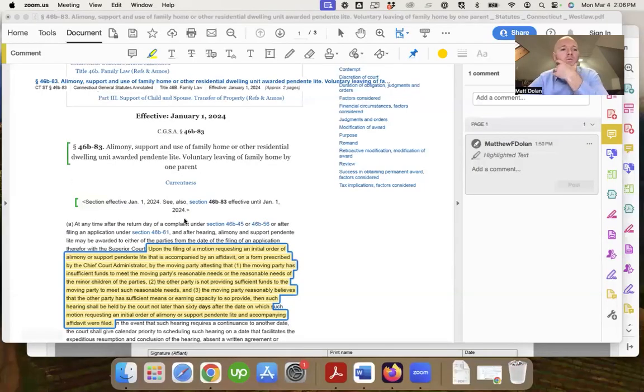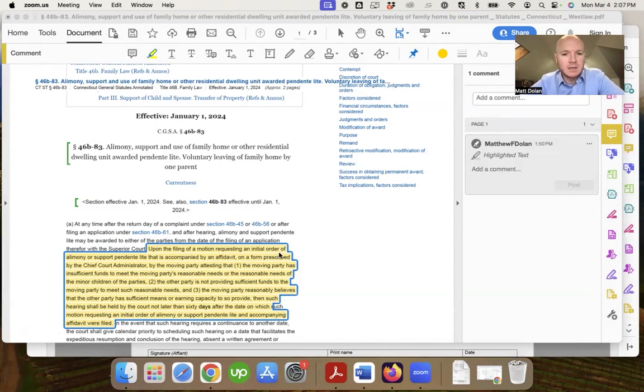So, allow me to share my screen. I will show you the relevant statute. 46B-83 is the statute that has to do with requesting alimony or support, amongst other things, while a proceeding is ongoing. And on the fourth line of that statute, it says that upon the filing of a